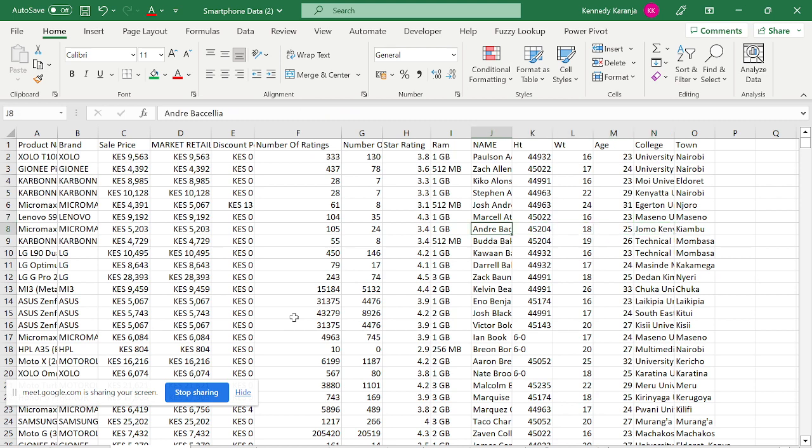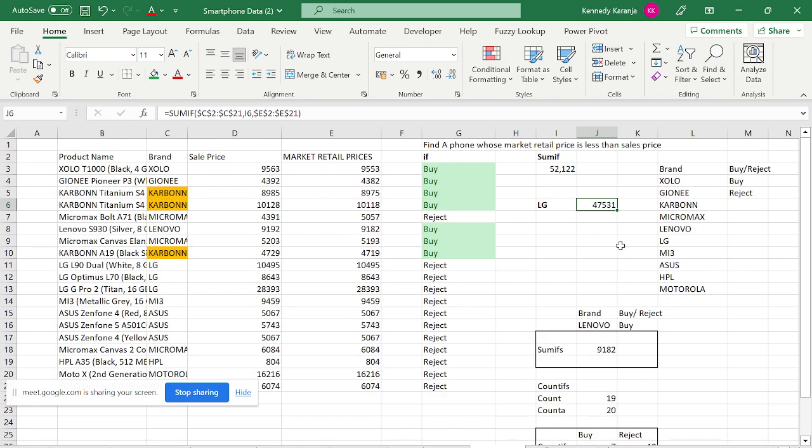Maybe they want to buy a certain phone of a certain price, which should be above a certain star rating, maybe above a certain GB of RAM. So we can just create something like that with those conditions. Maybe we'll create it at the end of the class so that you get to see